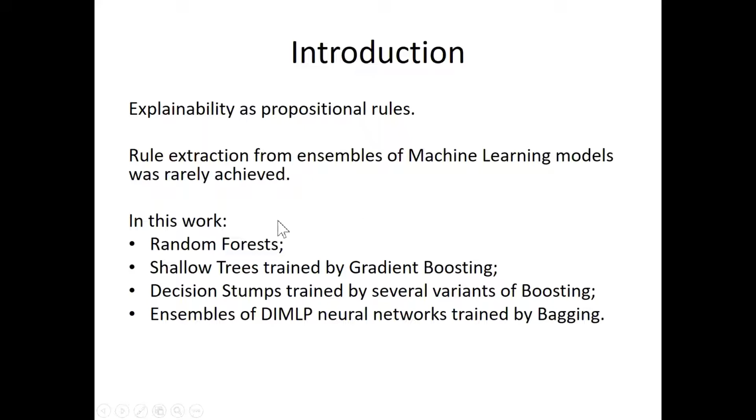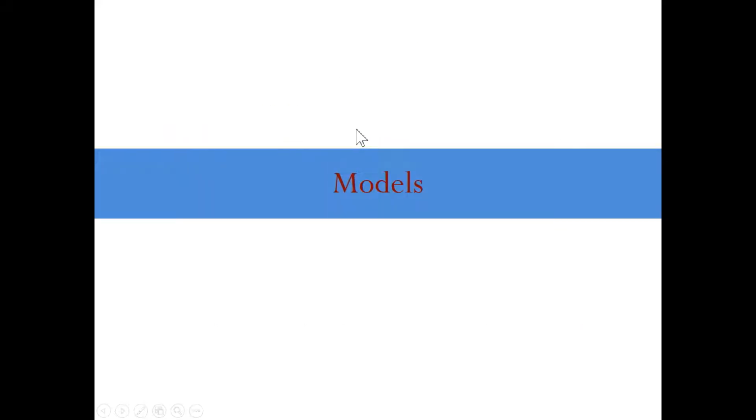So in this work, what we have is random forest. I will go through the details later. Shallow trees trained by gradient boosting. Decision stumps, presenting a particular case of decision trees. And so ensembles of a particular neural network model, very similar to the multi-layer perceptron, trained by bagging models used